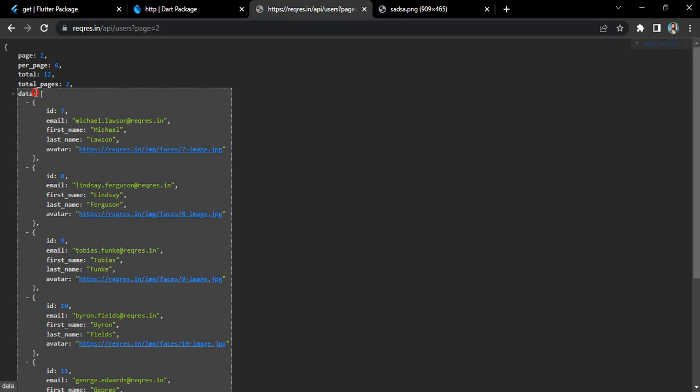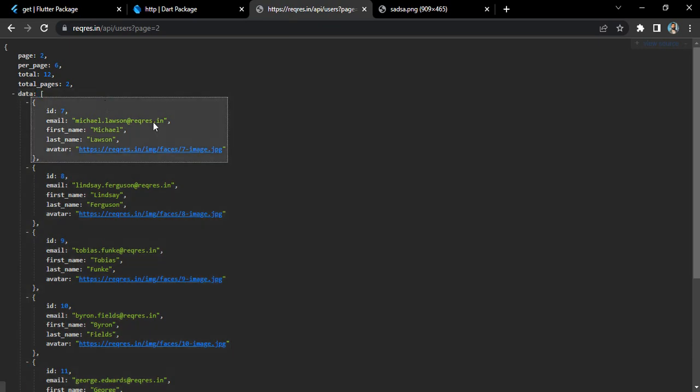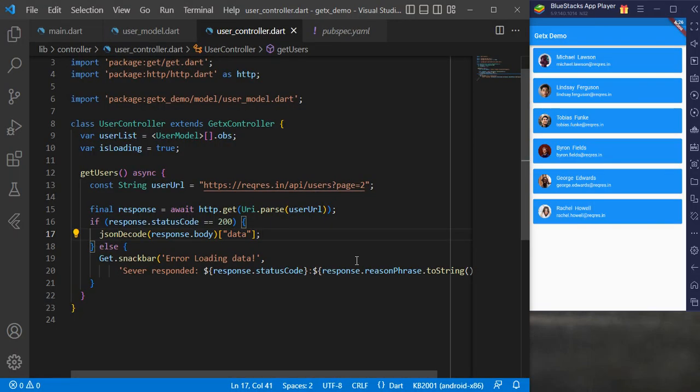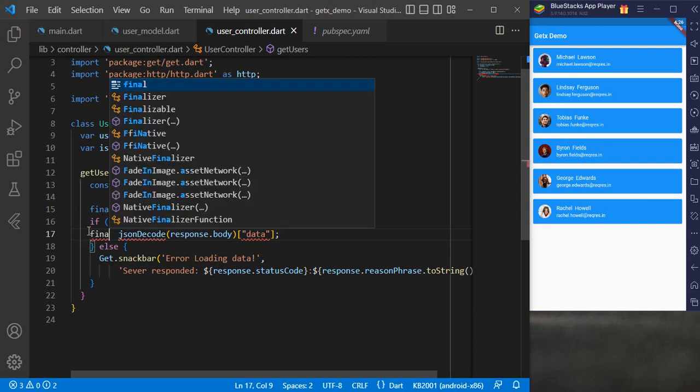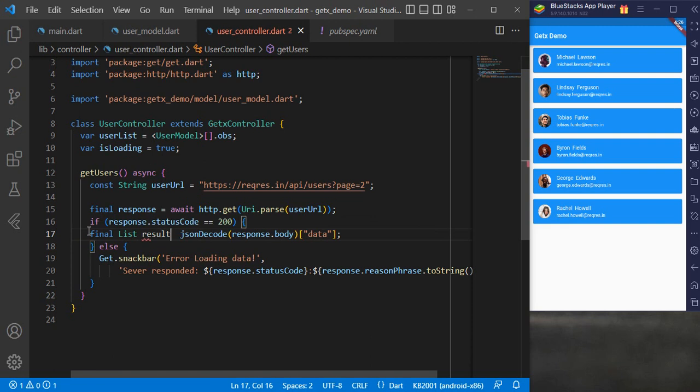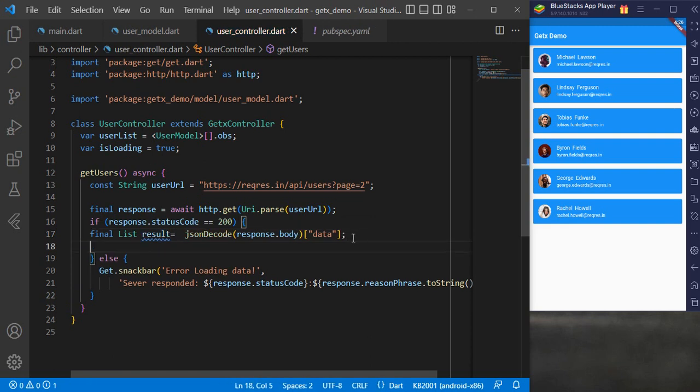We are going to get this data, and then we assign it to our new variable. Let's call it result, and after that we need to get the list of objects of this result. So for that,